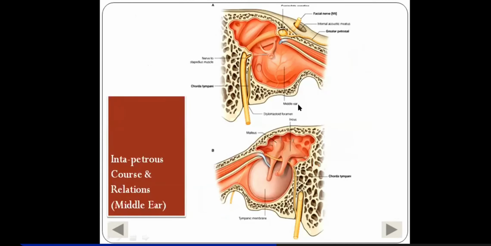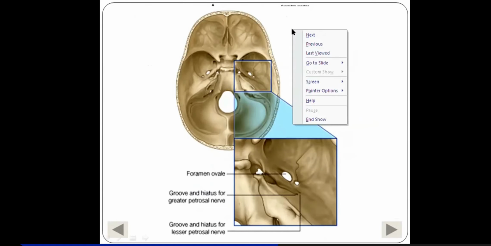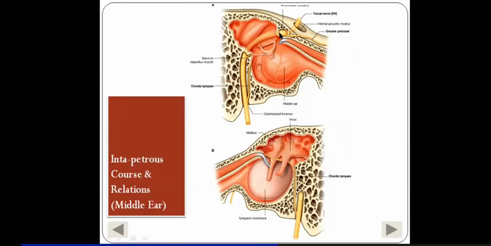Okay. Then here you are seeing the internal acoustic meatus. The facial nerve enters it, it reaches the fundus, and remember, in the fundus it had its first acute, sharp bend, and that was called the genu, right? That's called the genu. So this is the geniculate ganglion located at the genu of the facial nerve. And remember that the genu of the facial nerve has 2-3 communications and a branch also.